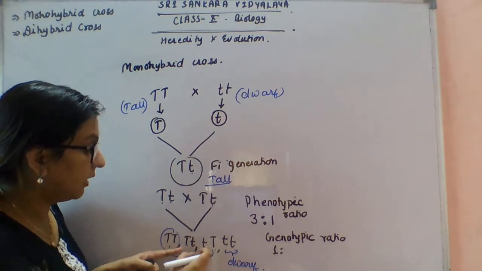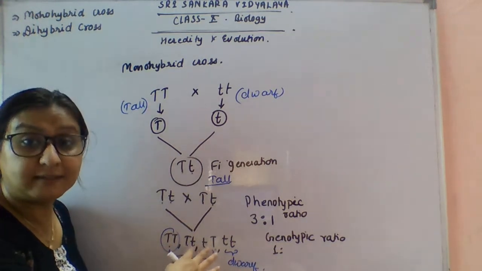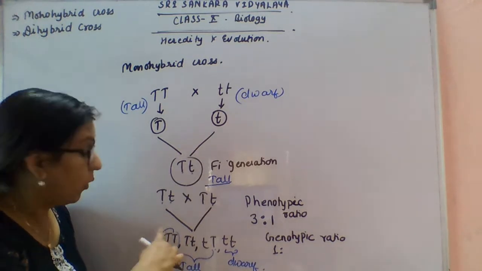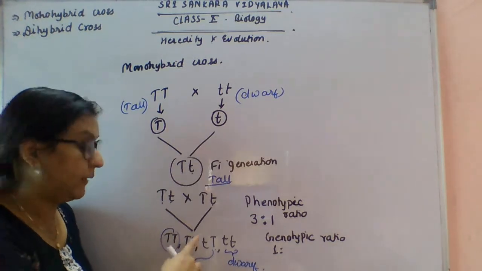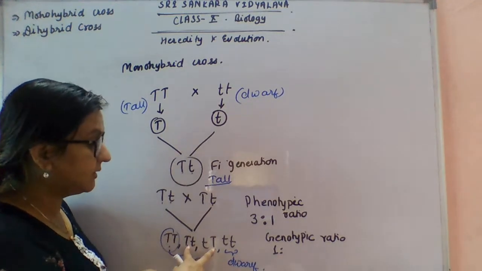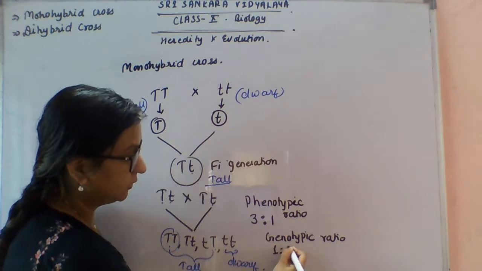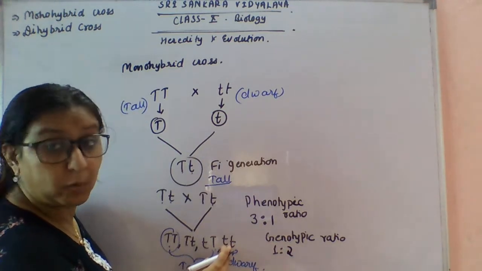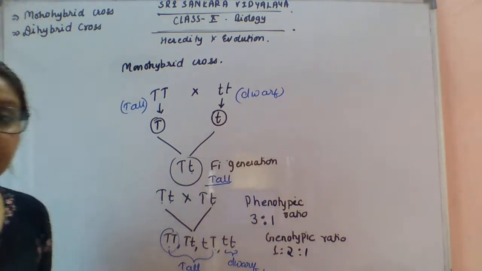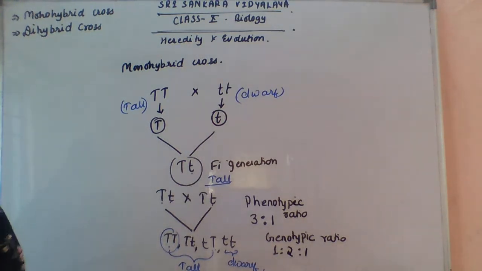This is what I told you about, the homozygous condition and heterozygous condition. Here both characters are present, so this is the heterozygous condition, and this is the homozygous condition. Homozygous means true breed, and heterozygous means the contrasting pair is present. So 2 are of the heterozygous condition. And here again the pure breed is there, dwarfness, small t, small t. So 1:2:1 will be the genotypic ratio. So this is all about the monohybrid cross.